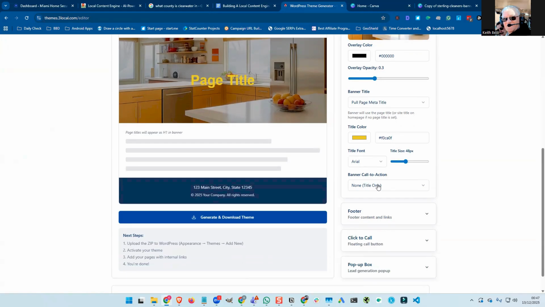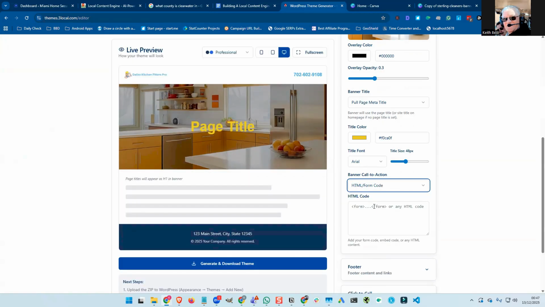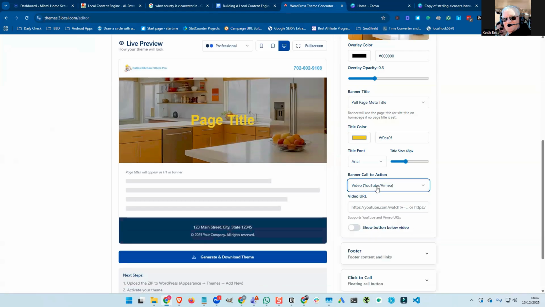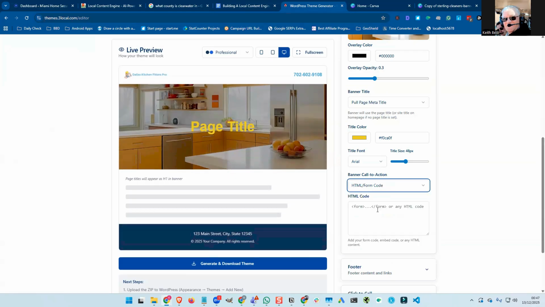Now you've got to decide, do you want a call to action on the banner? You can have a form code on the banner, or you can have a button on the banner, which is like a call now button, or you can have a video on the banner. Because you've got the call now button up here, what I tend to do is I will either have the form code on,